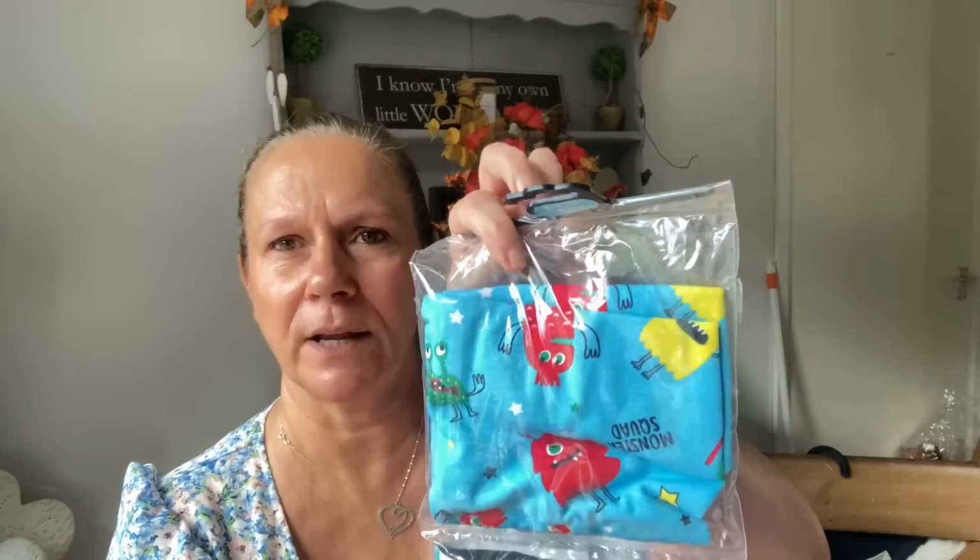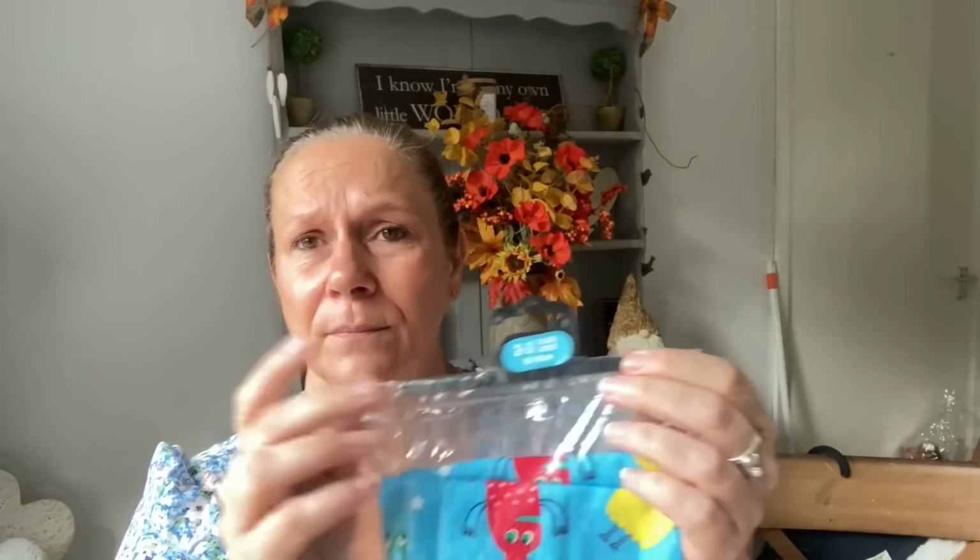and John. So anyway, I picked these up and I got them in a 2 to 3, because he's coming up for that by the time Christmas comes. He's only 4 months old too. So 2 to 3, and I got him this pyjama set. So the pyjama set is the short sleeve top, but it's long sleeve bottom. And then I picked him up